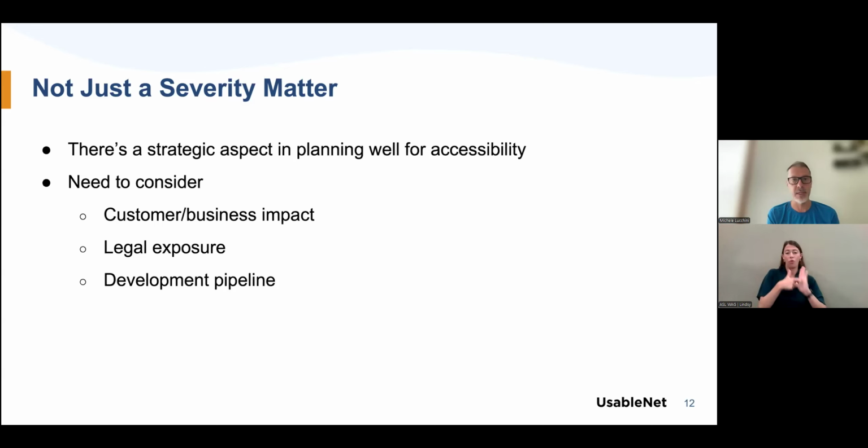Another need that we might want to consider is the development pipeline. Let's imagine that we have an issue that might be of high severity, but on an area that we are redesigning or re-implementing, and in 2 weeks we'll be pushing live a new version. If remediating that issue will take more than 2 weeks, does it make sense to focus on it? So, of course, I'm trivializing the prioritization strategy a little bit here, but just to give an idea that we cannot just go straight into considering only the severity in order to determine what's the backlog and what's the order we should remediate the issues with.